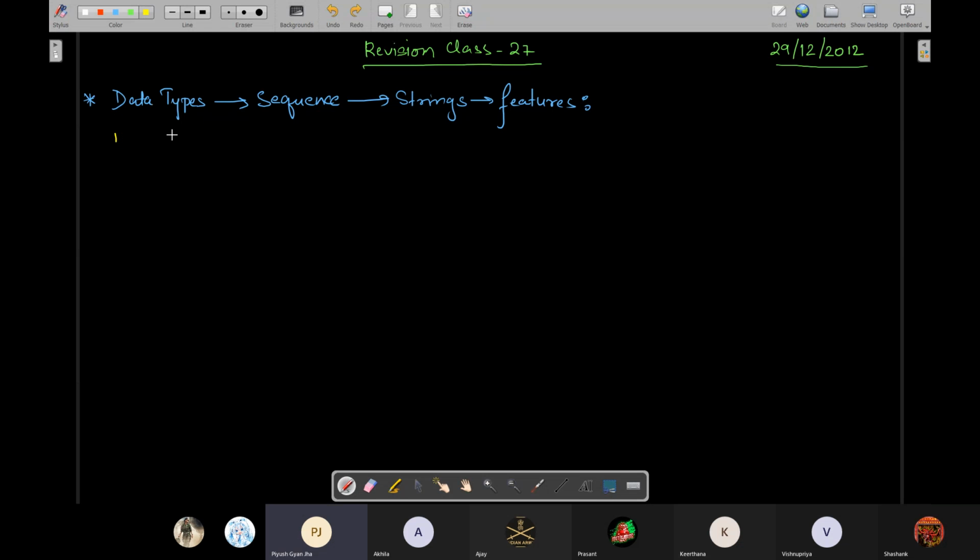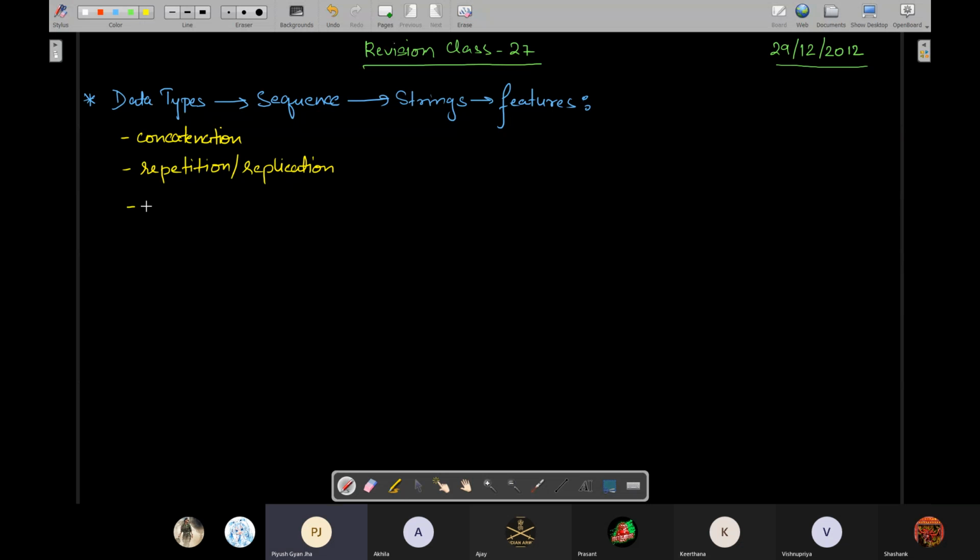The first feature was concatenation. Then we had repetition or replication. We had already discussed these two in the last class. Okay, so third feature will be,